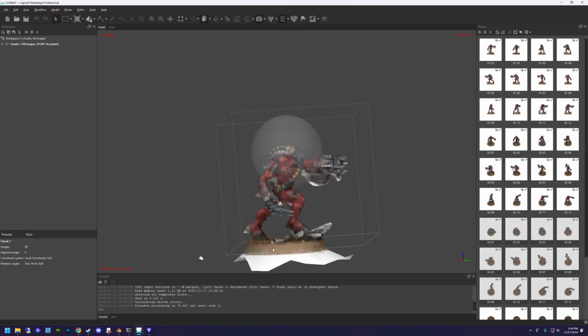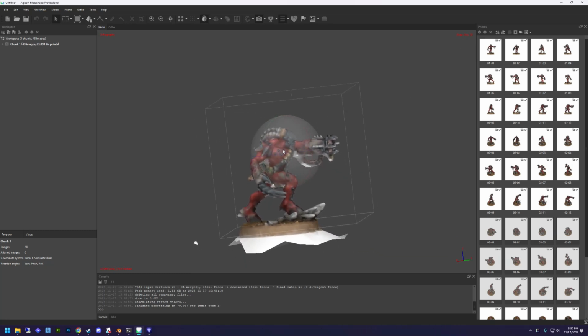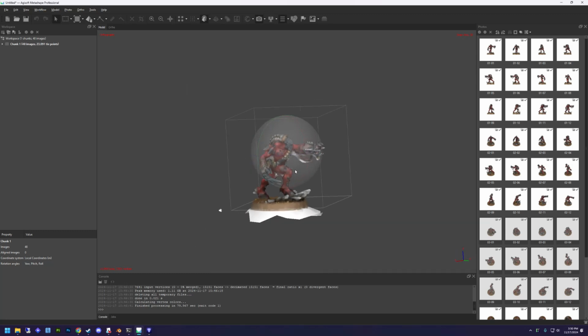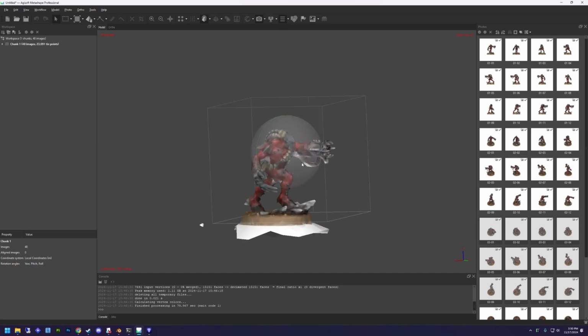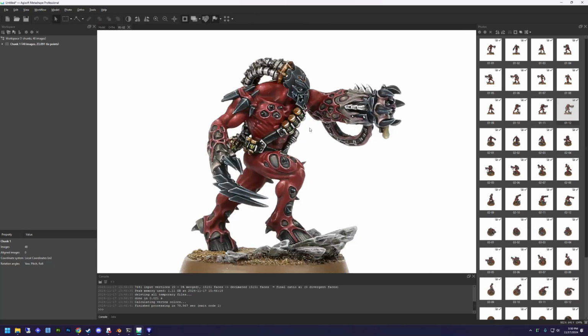So from here, the next time we build the model, it's going to ignore everything outside the box and cut off that. We want that. But we also want it to ignore all this. So we do that with masking. The best way is you find the angle that has the most white visible, which might be like right here, and you zoom out until you see the camera here. This camera, this photo that's associated with this one, is what's contributing most of that white. So let's go in here and find 112, this one, double click it,